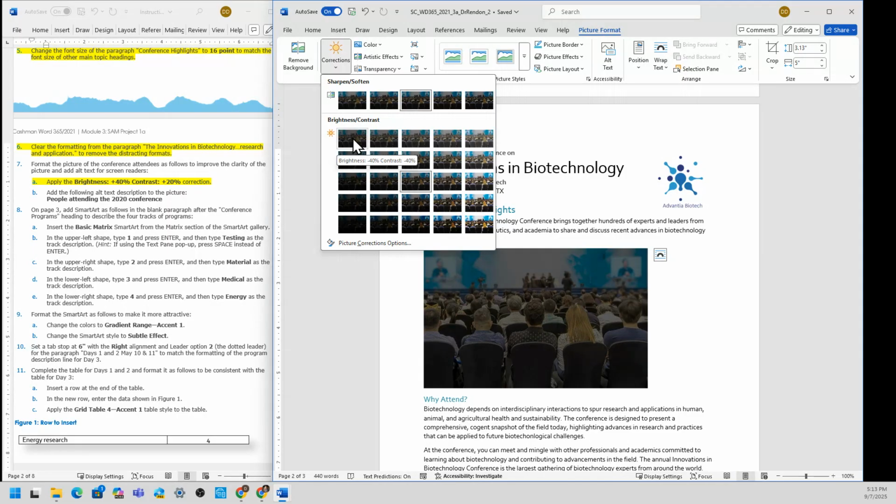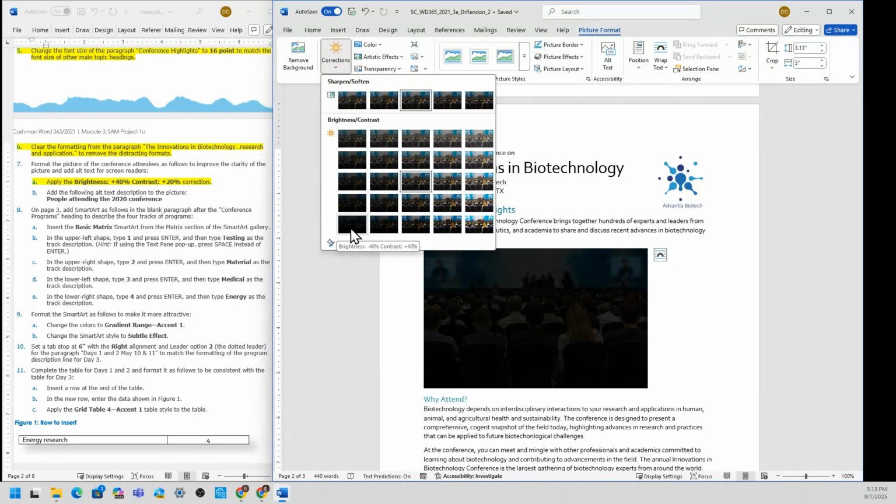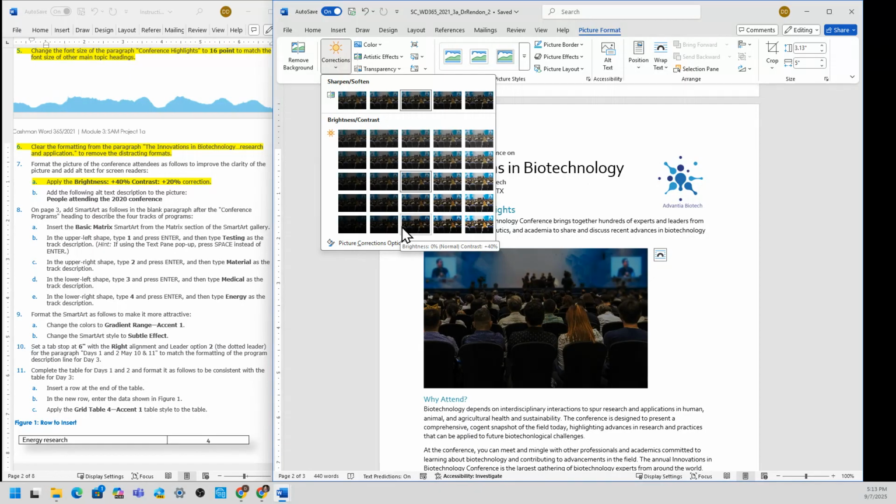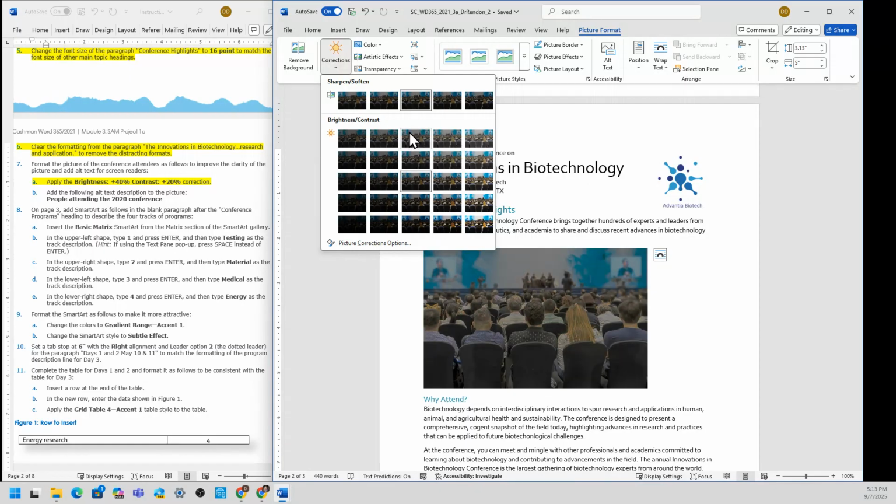So this one is minus 40. So maybe it's below minus, so maybe here. Is it plus? Maybe here. Then now it's 0 plus 40. Maybe here plus 40.